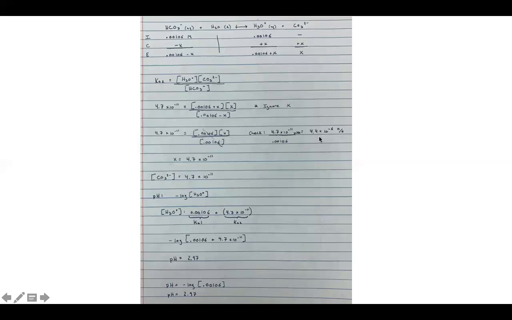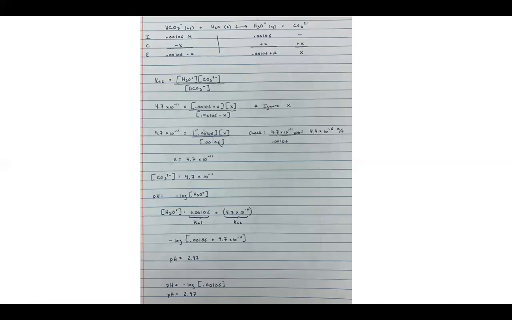So if your 5% rule actually works, well, let's look down here. We're taking this 0.001 number and adding to it x. But we already above justified that x is so small that we can just ignore it, right? And so all I want to show you here is if you just take the pH, the negative log of just this 0.001 number, basically you ignore x and take the pH of that, you just get the same value. Okay, now adding these two numbers together, taking the negative log of that is not a big deal, but